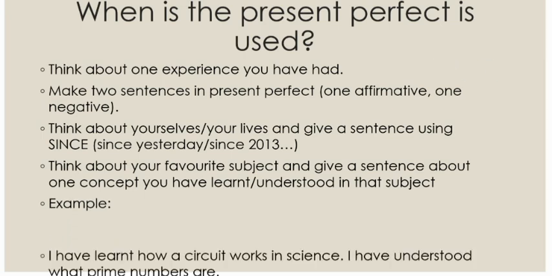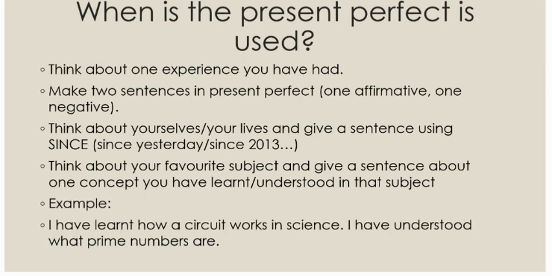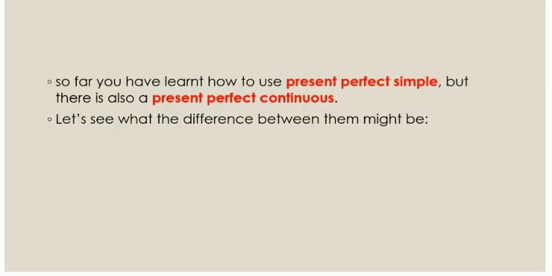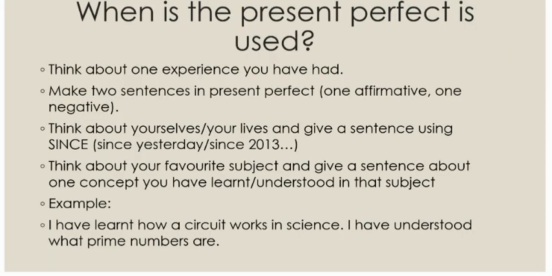I'll give you an example. I have learned how a circuit works in science, and I have understood what prime numbers are. These sentences use the present perfect tense. Why do they use the present perfect tense? Because we have